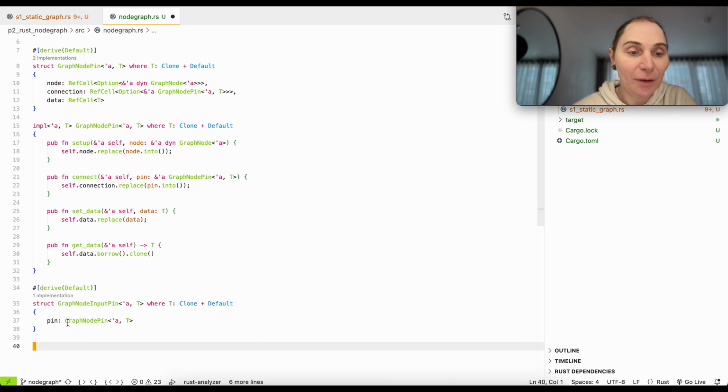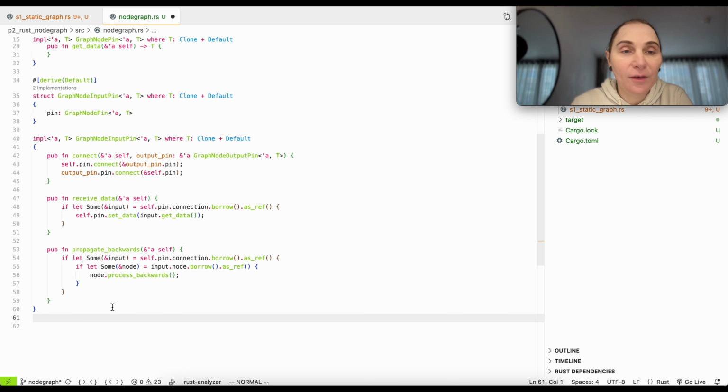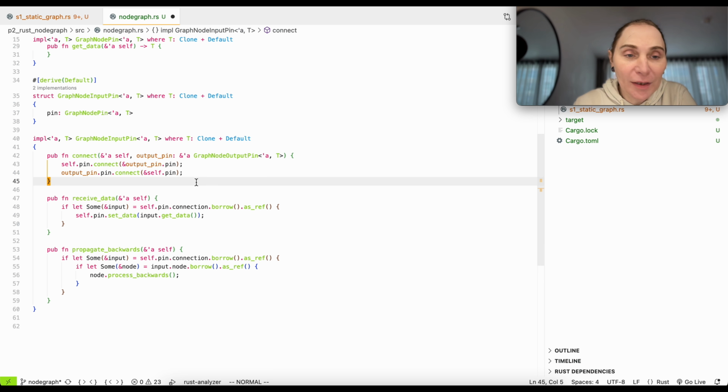So the input pin will contain the graph node pin inside. Let's implement input pin. All right, so this is the implementation of graph node input pin. We have a very similar implementation to what we have in C++. The connect method, first